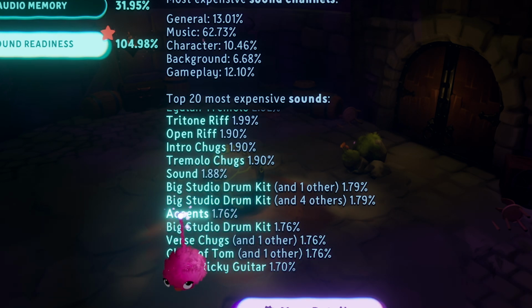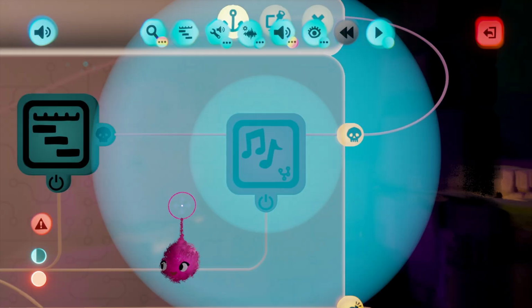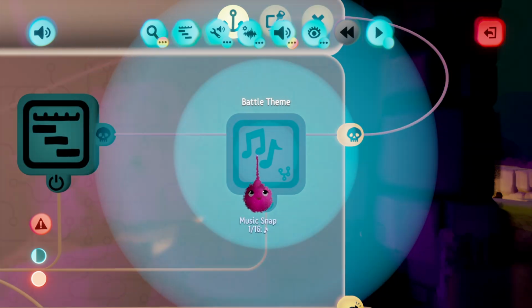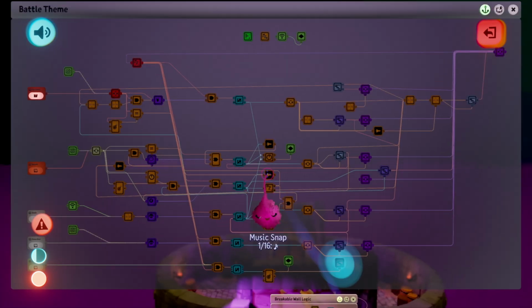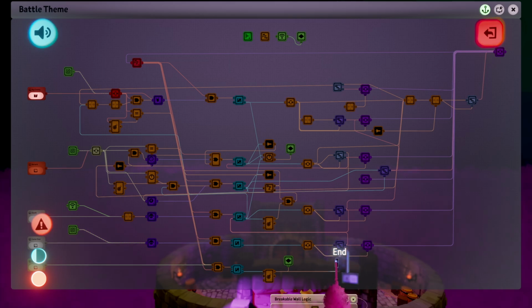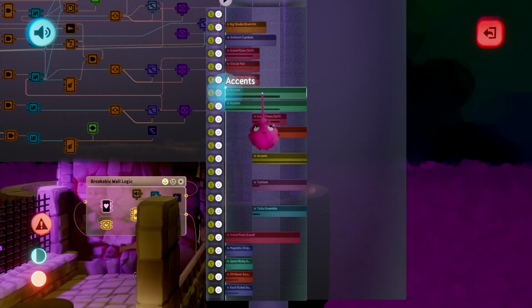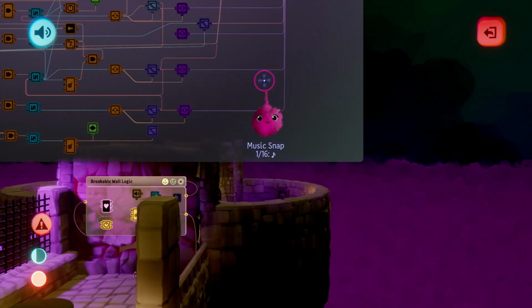Selecting any of the sounds with X will guide you to its location in the scene. The pulsing circles show that the sound is in this microchip. Now this timeline is pulsing, showing us where to go next. And here is the sound. We can take a closer look at it and see if it can be optimized or deleted.